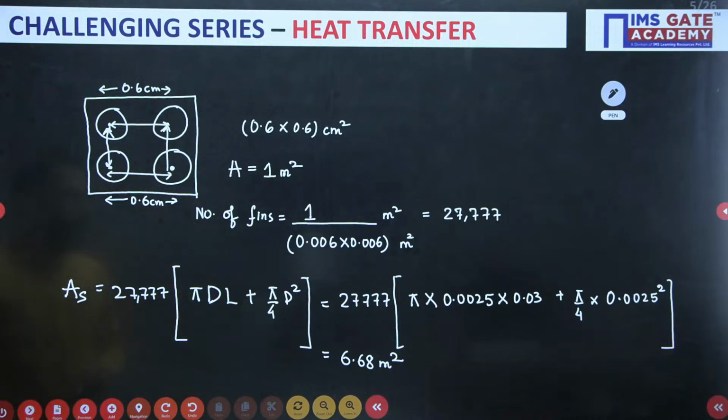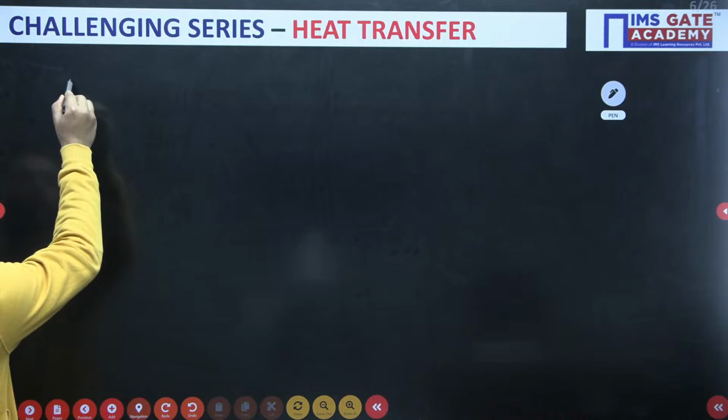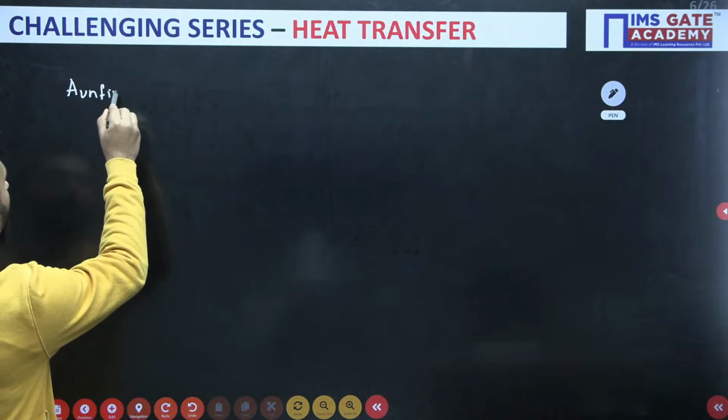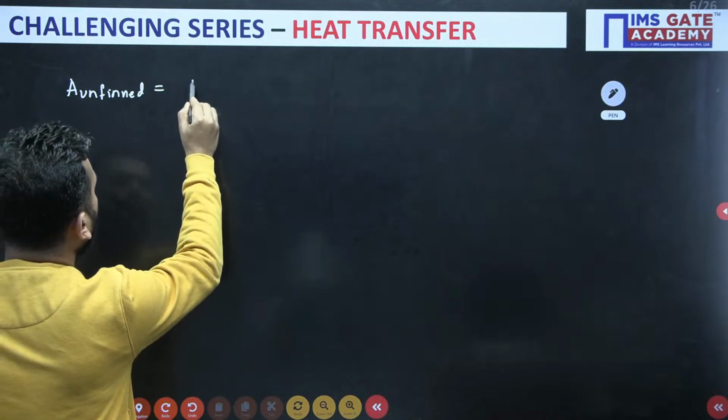Now my dear friends, this is the finned area. What about the unfinned area? Because fins are not occupying everywhere. So the total area is 1 meter square